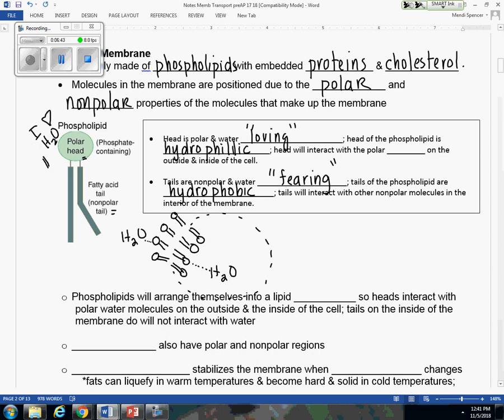So phospholipids arrange themselves into a bilayer because of those polar and nonpolar properties of those phospholipids. Now, the proteins also are going to have polar and nonpolar regions, and same with cholesterol. We're going to focus on the functions of the proteins on the next page, but let's talk about why cholesterol